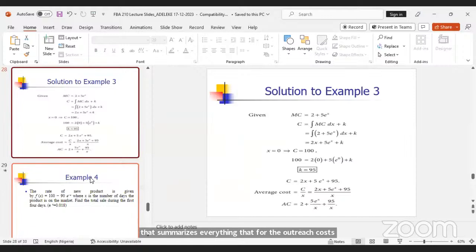Okay, so of course, if we integrate, our MC equals 2 plus 5e^x, the marginal cost. That's what is given. So if you integrate it,